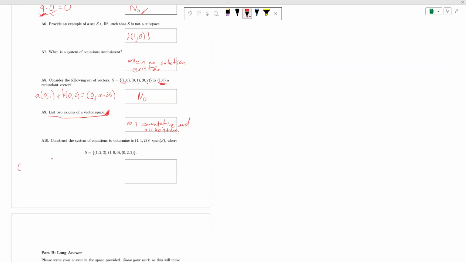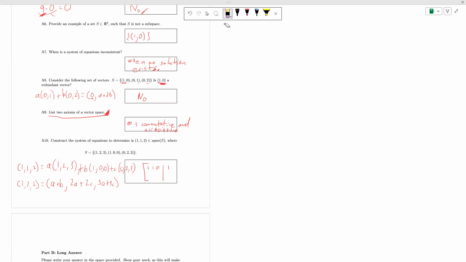So that's asking, is the vector (1, 1, 2) equal to a(1, 2, 3) plus b(1, 0, 0) plus c(0, 2, 3), or is (1, 1, 2) equal to (a plus b, 2a plus 2c, 3a plus 3c)? Or if I make a system of equations,